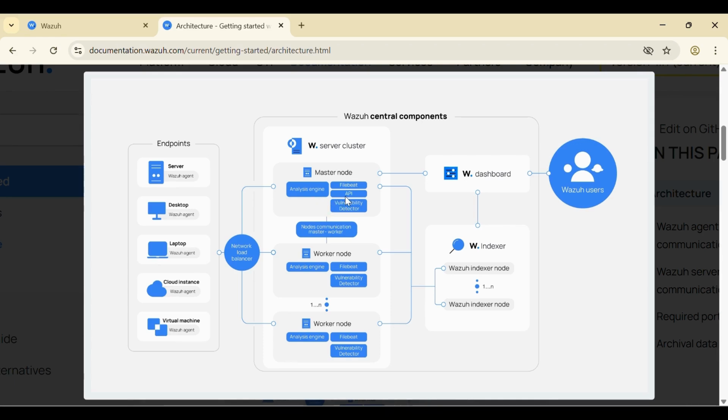The Wazuh RESTful API provides an interface to interact with the Wazuh infrastructure. It is used to manage configuration settings of the agents. It monitors infrastructure status and health, and it also manages and edits Wazuh decoders and rules. FileBeat reads the Wazuh Analysis Engine output and forwards it to the Wazuh Indexer in real time. It provides load balancing and multi-node deployment.